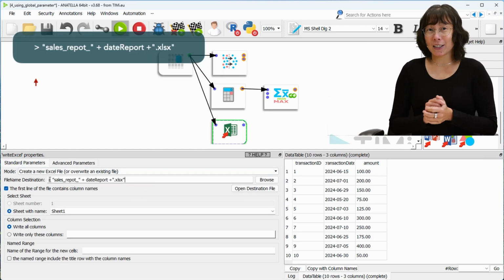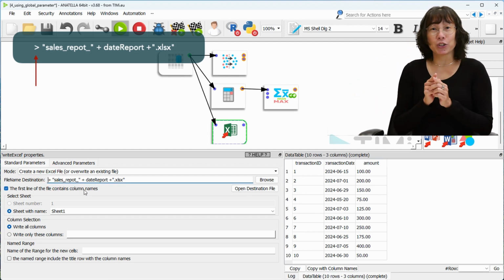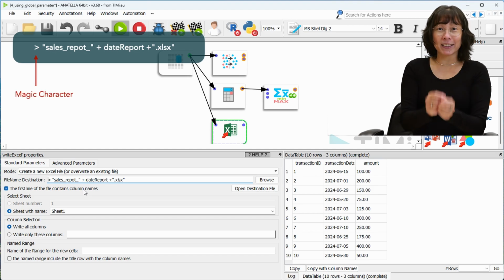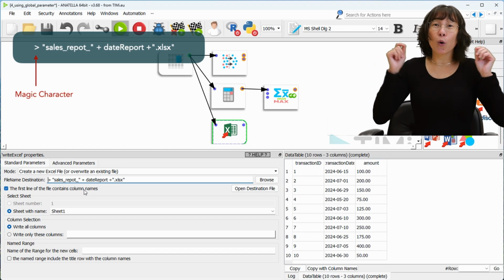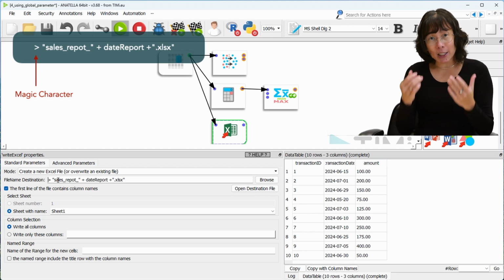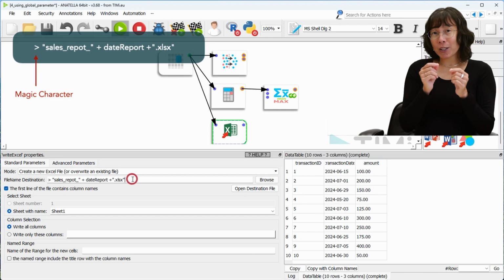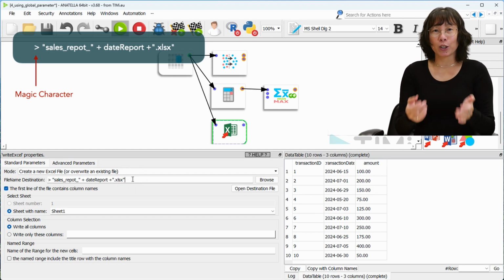Notice the first character at the beginning of this expression. This character is special. It's the magic character that tells Anatella that what follows isn't just a static file name, but an expression. Anatella interprets the expression using JavaScript, allowing you to create complex dynamic file names.